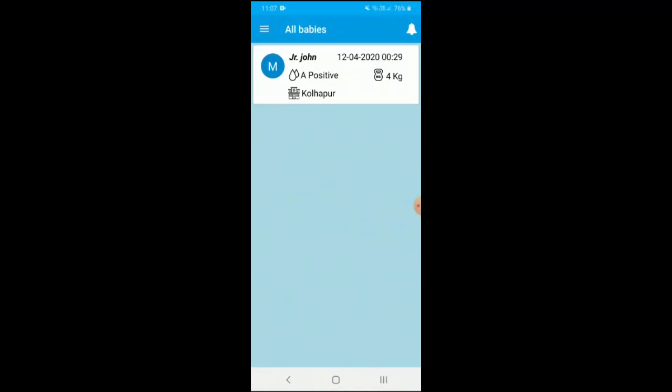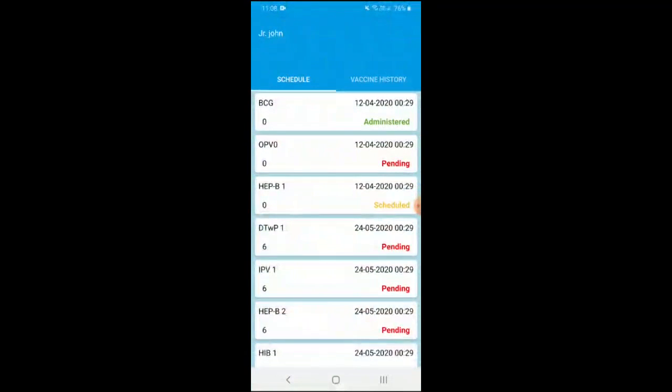Now on the home screen you would see Junior John, who is John's registered child. This card gives information about the baby's name, birth date, birth time, blood group, weight and address. Now clicking on it would fetch us the schedule. In this schedule, the vaccines are listed in ascending order according to the week.